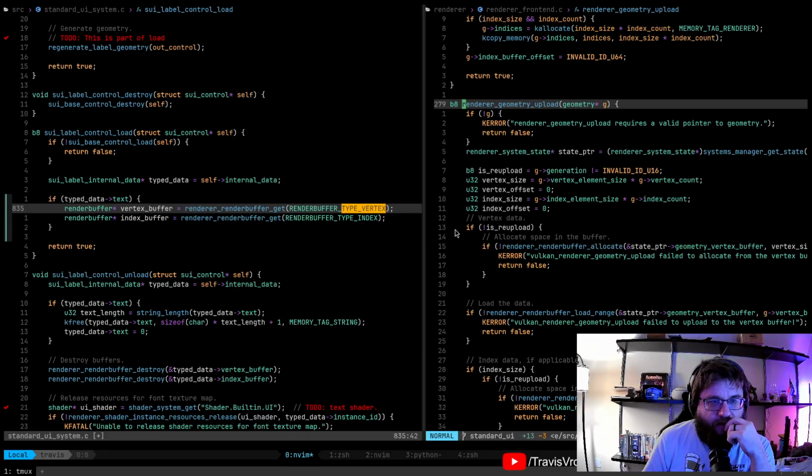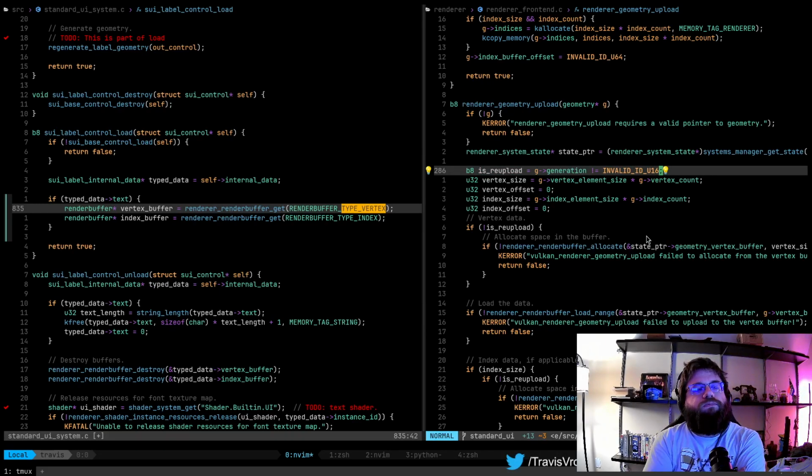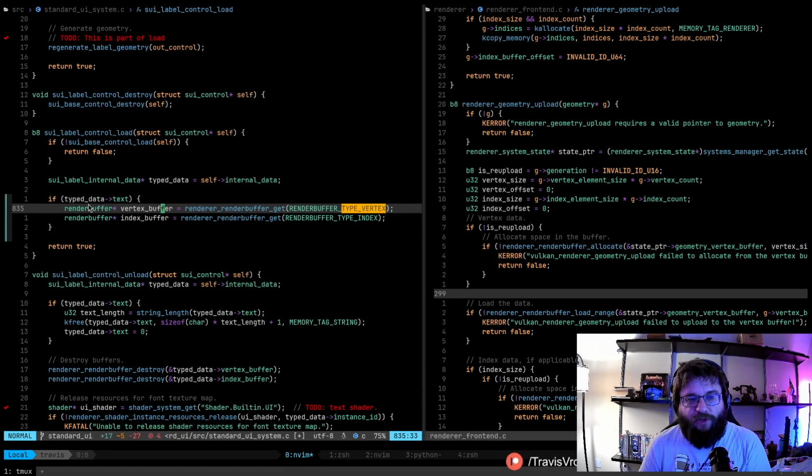Okay. So we have this re-upload logic that we need to think about. Really, the only difference with re-upload is this allocate, right? Whether or not it allocates. We're only going to have to do allocates on this if we have to resize to grow larger, which we'll know when we have to do that, or we'll have to allocate here.